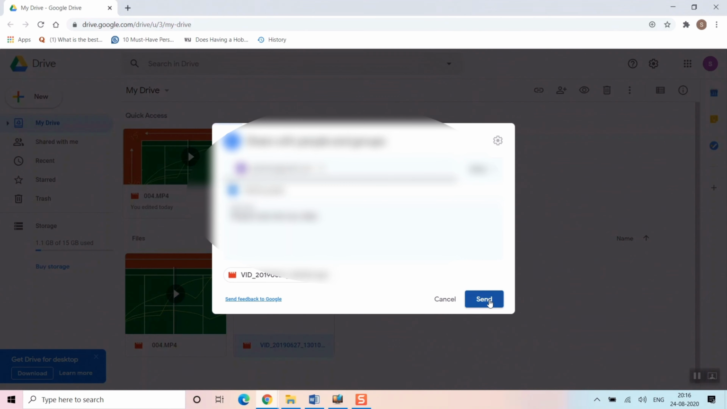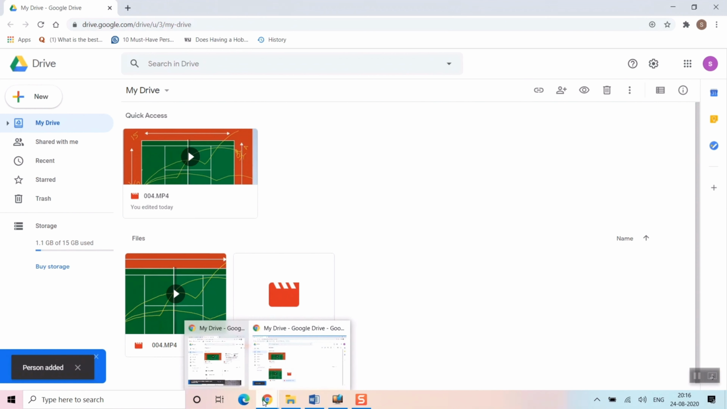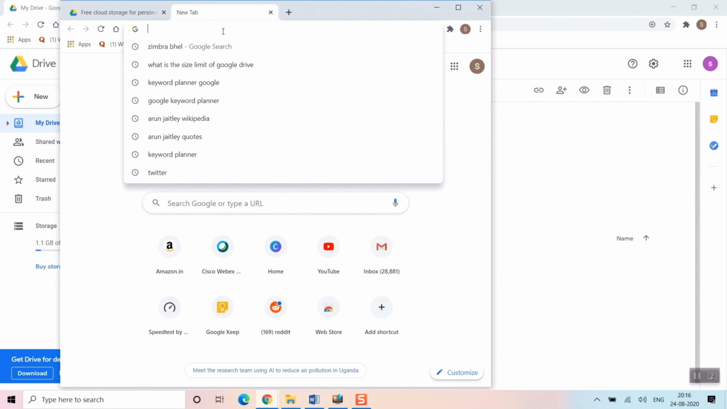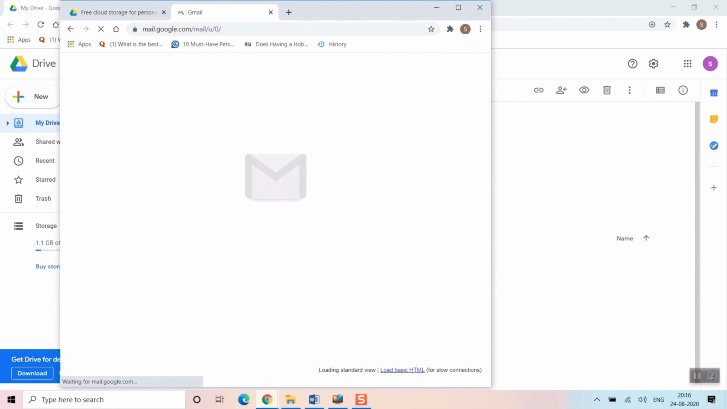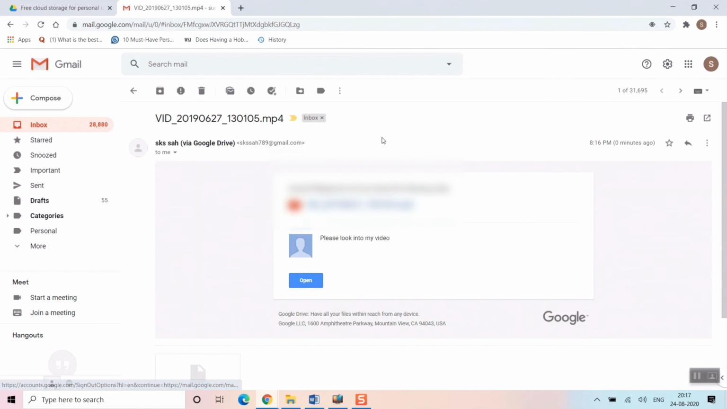Once I click send here, the file has been mailed to my friend's email id. So let's check. Fortunately my friend is also available here. He will be logging into his email id. Let's see whether the file has come or not. So I'll go to his Gmail. Yeah, one mail has come from my email, and once I click that mail, you can see the link has come. Please look into my video. The message has also come, and when I open,